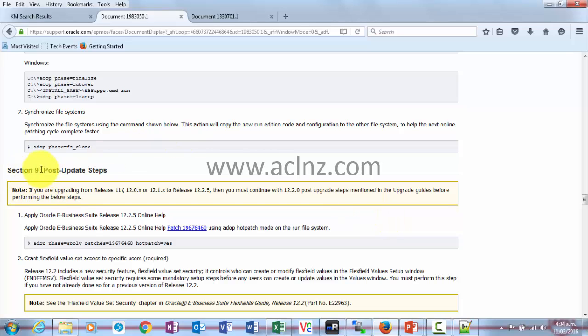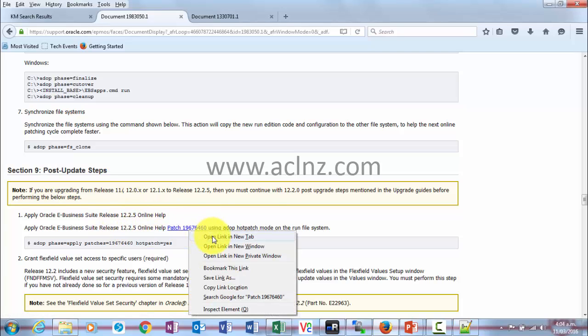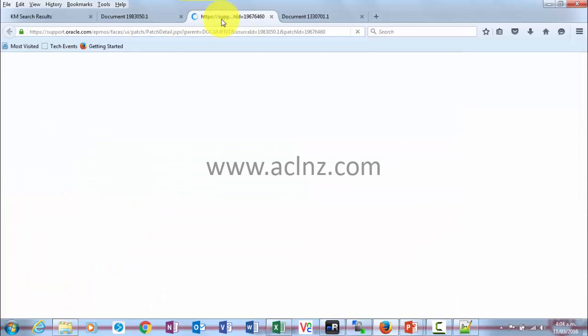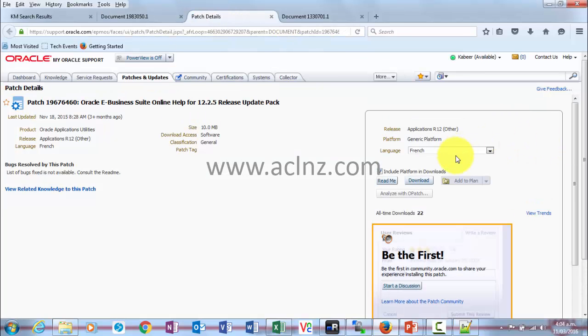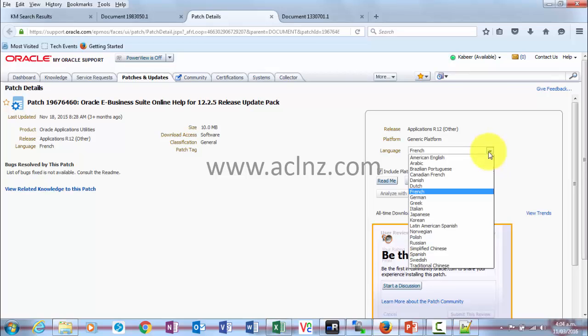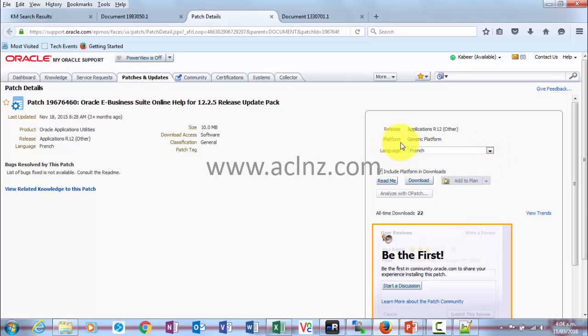Now at this time we are at the post update steps, and this is what we have to execute now. Apply Oracle eBusiness Suite release 12.2.5 online help patch. So all you have to do is download this particular patch just as you have downloaded other patches. In our environment, you've got to make sure that it's for American English. Since the platform is a generic platform, it doesn't matter which operating system you're on. So you just make sure that you download for American English, because that is what we have been doing for